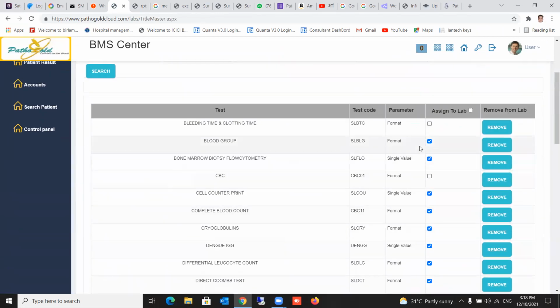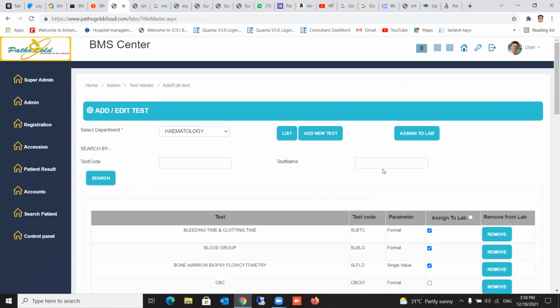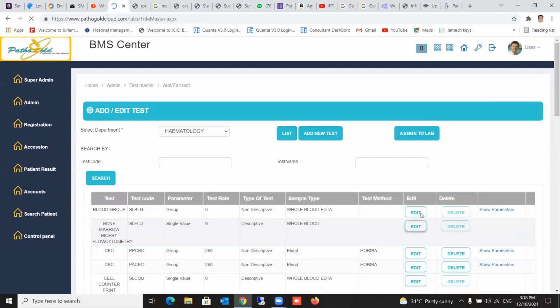In this data bank, you want to select the test, which other test you want, you have to just select it, and that test will be available to you. Let's say I want bleeding time, clotting time. So I'll select it. Okay. So it will automatically come into the hematology box. Like that. So once it is selected, you just go to the list. You will see that bleeding time, clotting time test has come. So like that, there are so many tests.